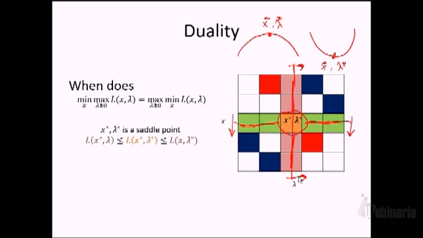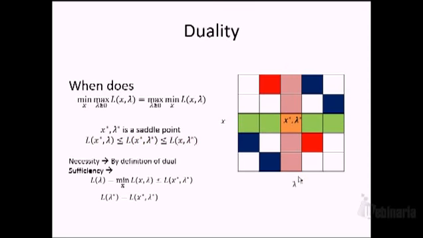So this is a necessary and sufficient condition for strong duality: the optimal point for the solution to the primal is a saddle point in the Lagrangian function. And to see why this is a necessary and sufficient condition, well, it's necessary by the definition of the dual, because this point is a solution to the primal. It has to be